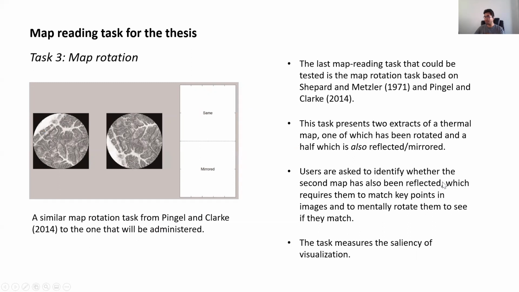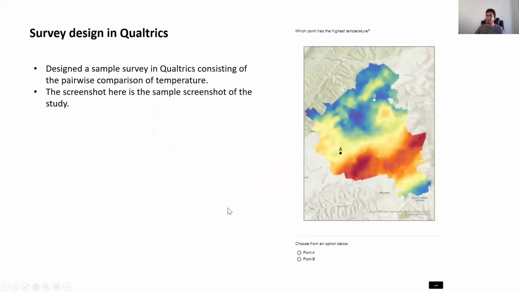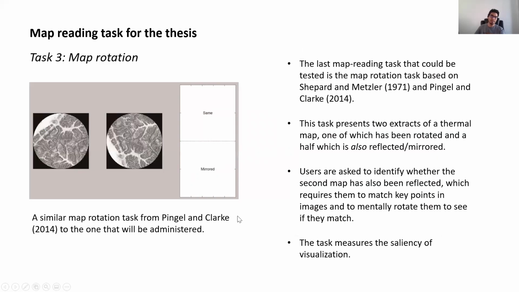The users are asked to identify whether the second map has also been reflected, which requires them to match key points in the image and to mentally rotate them to see if they match. And the task will measure the saliency of the visualization. So based on the map reading tasks, my next task will be to figure out how to do all of these things, and